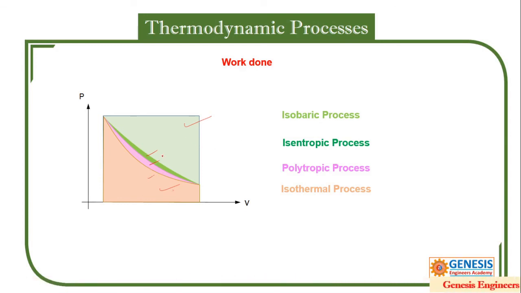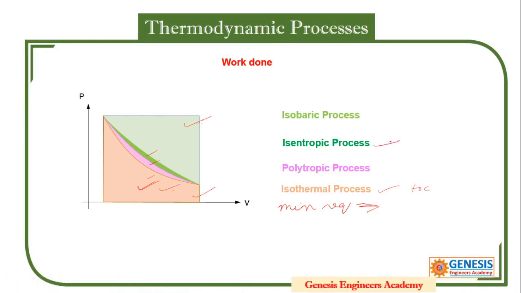So this process is most useful. The isothermal process is used to compress, and to compress anything we need to supply work. So the minimum work is required in the isothermal process. Isobaric is showing more work, but keeping pressure constant and getting things done is difficult. That is why the next process is the isentropic process.